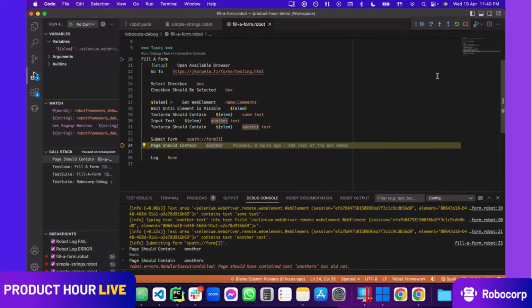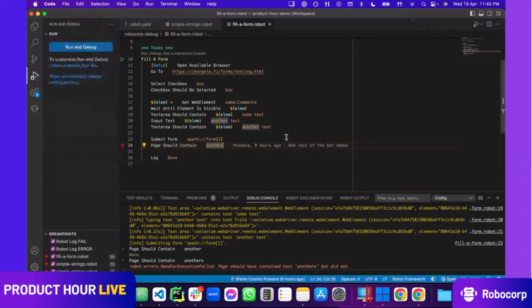So I can just stop the debugger, and this is closer to what you will encounter when, for example, you develop a bot that's automating the browser, but you can do the same for anything else, like automating desktop applications or working with documents, or it works in all the cases.